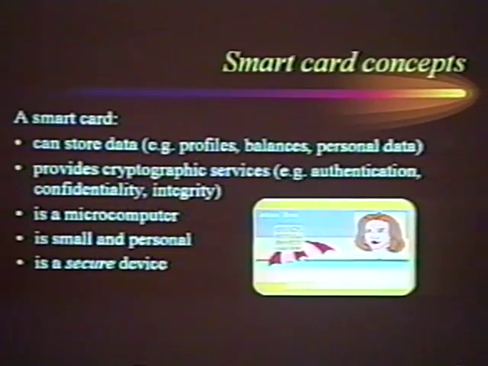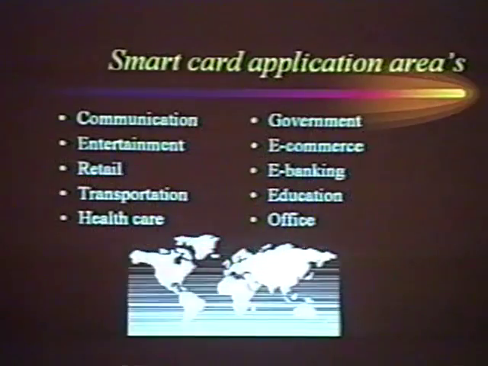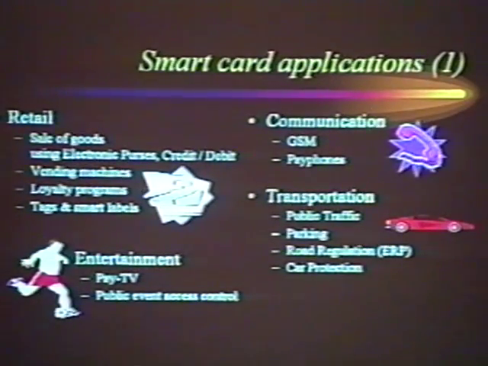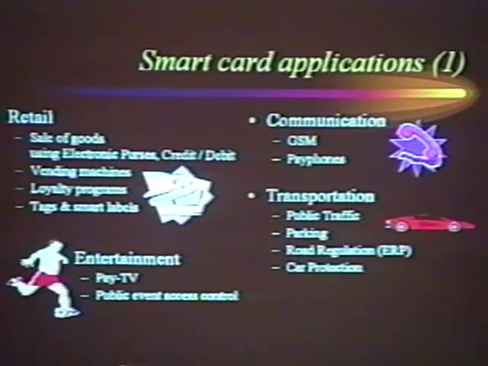I will just go briefly through the applications to get an idea what we're talking about. So there are quite a few application areas. Let's just go through them. I think the absolute killer application at this moment is GSM. Every GSM phone in this world has a smart card in it. It's the so-called SIM card. And I've been told that the smart card manufacturers have produced over 1 billion SIM cards already. Also in the Netherlands here, there are more SIM cards than inhabitants.